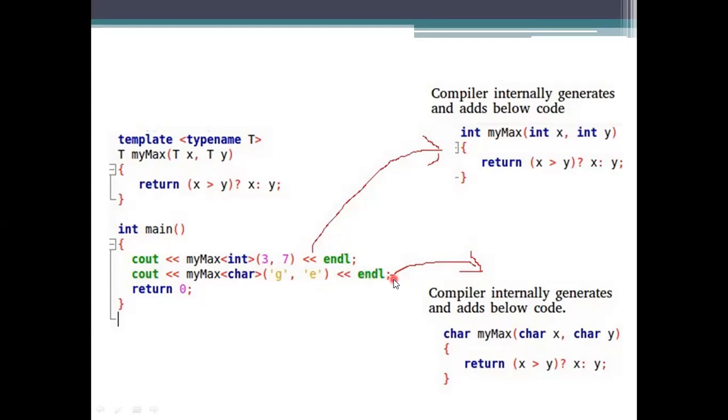We can take the double into consideration, and next we can take strings or any type of representation, and then we write the particular code which will support that, and next we will execute it.